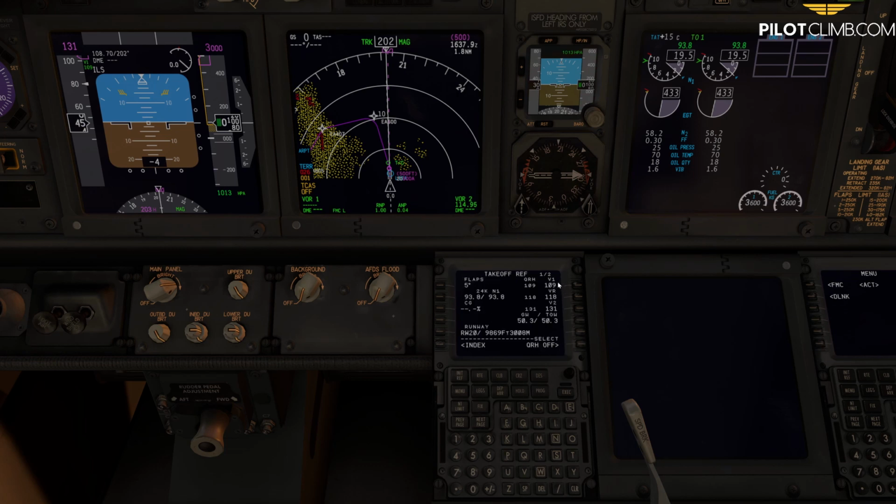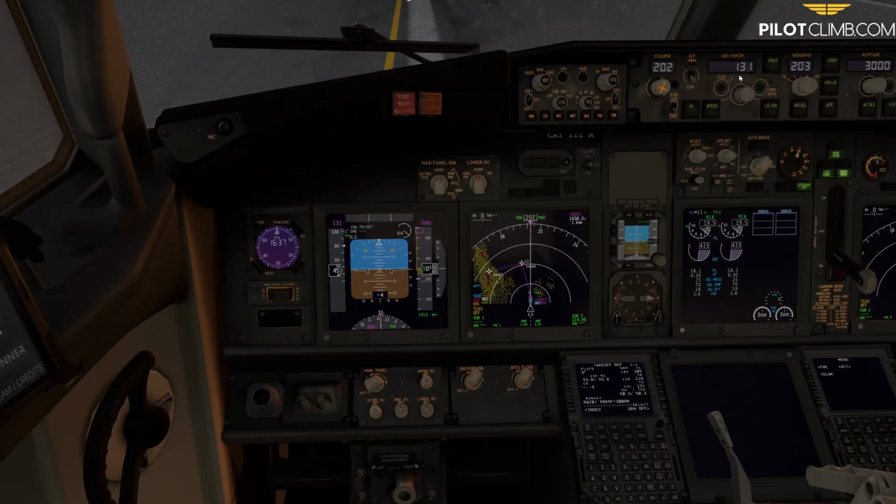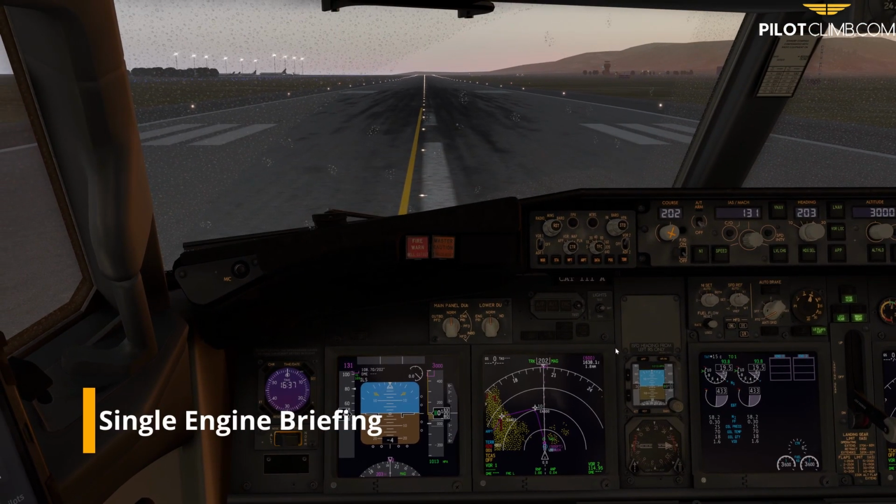and the speeds V1 109, VR 118, and V2 138. So we've got a 131. Yeah, 131 the V2 in there. So what we're going to do, we just basically accelerate to the VR, and then once we rotate, we aim for the 131. Okay. First thing, very important, guys, is that if you have an engine failure throughout your takeoff